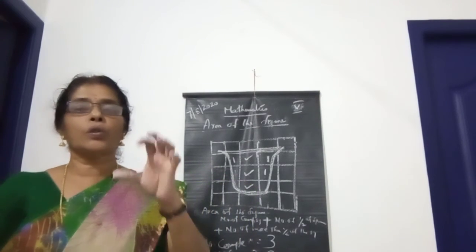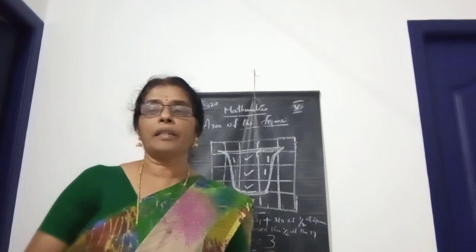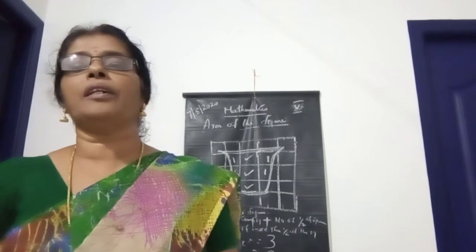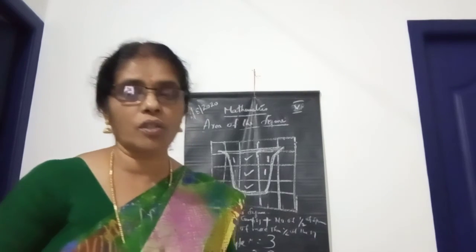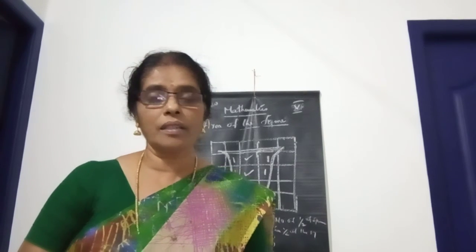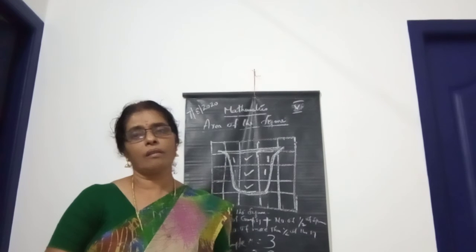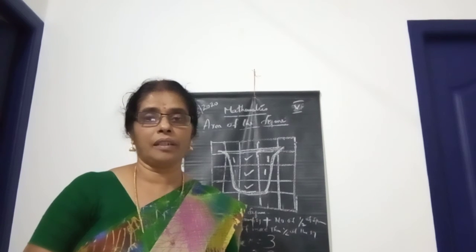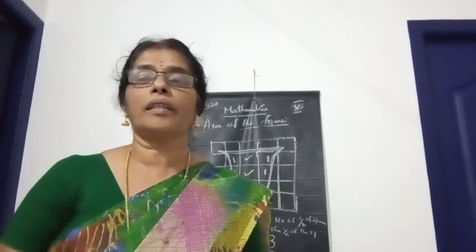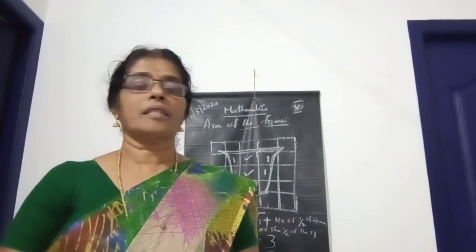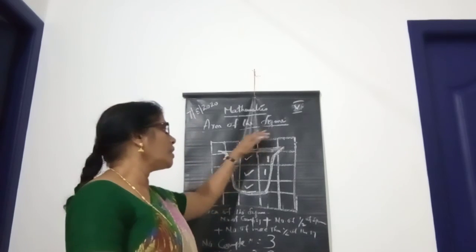You want to know how much area is covered by that figure. So we want to know the area. You have to take how many completed squares, how many half squares and how many more than half squares, and the sum of those is the area of that figure. More than half of the square you can take as 1 square, and less than half of the square we can remove.